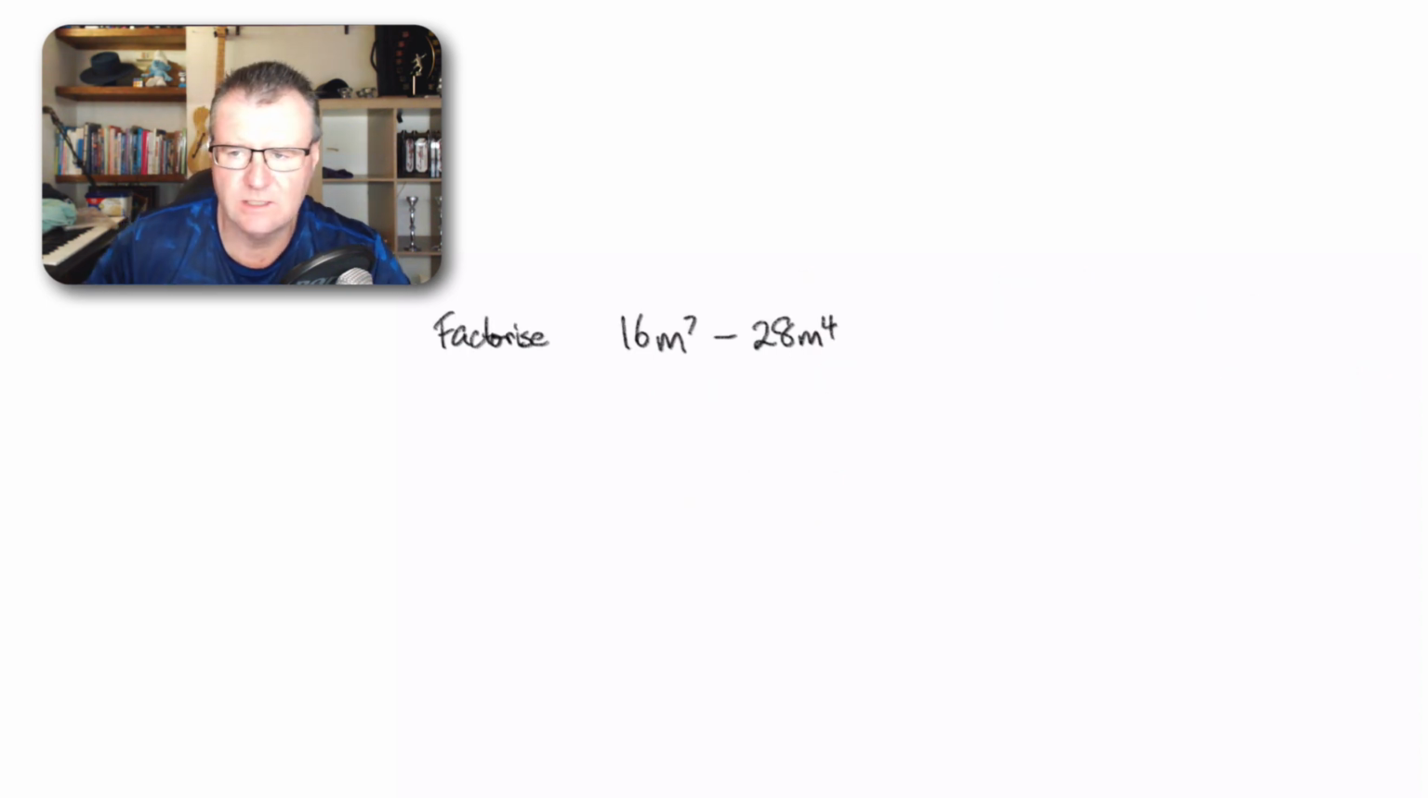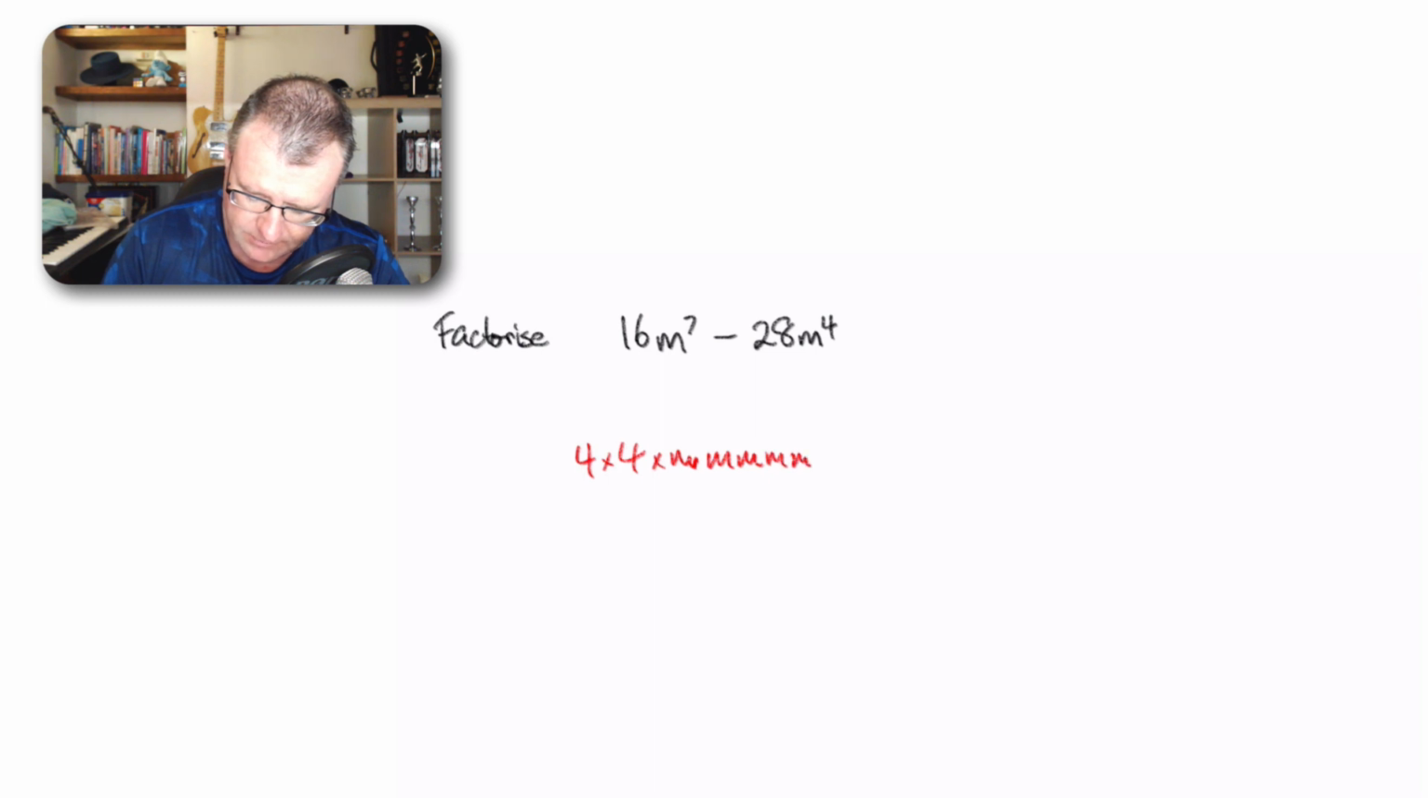Alright, factorizing this question, I'm looking for common factors, and I can see that there's a number that fits into that, like 4 fits into 16 and it fits into 28, so I'm going to bring it out the front. But there are also some letters that I can bring out the front here. There are a couple of ways you can think about this. You could think about writing this as 4 times m to the power of 7, minus, now 28 I could write as 4 times 7, and then